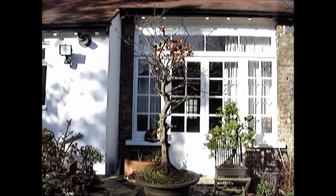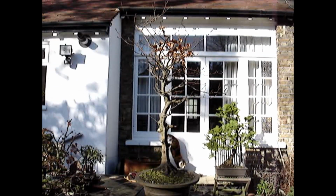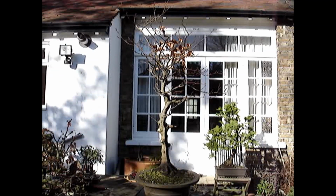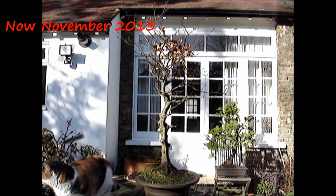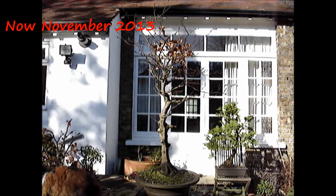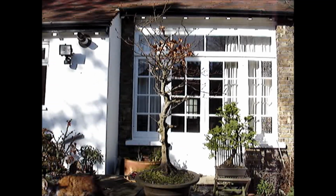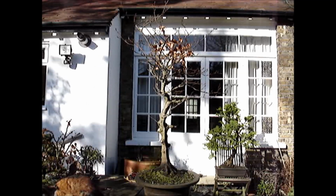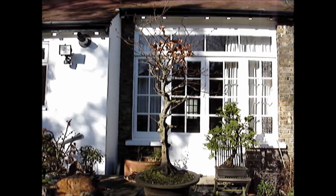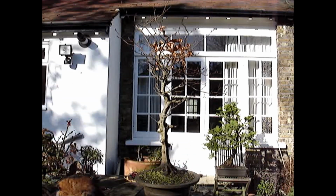Hello everyone, today we are looking at a beech tree. I acquired this last September of 2013. The chap who owned it had it for many years and was in ill health, and the trees were neglected. As you can see, all the growth is on the right and nothing on the left. This is where it was wedged up against a brick wall, and I'm hoping to wire it and